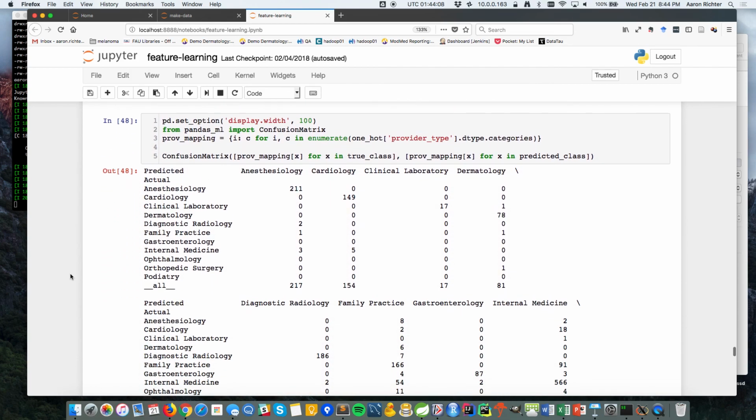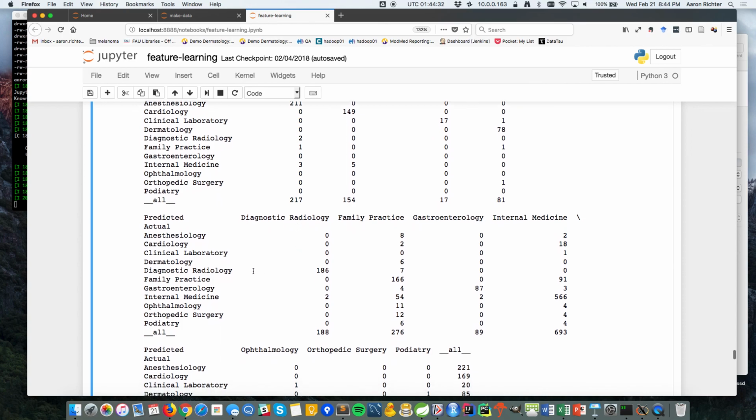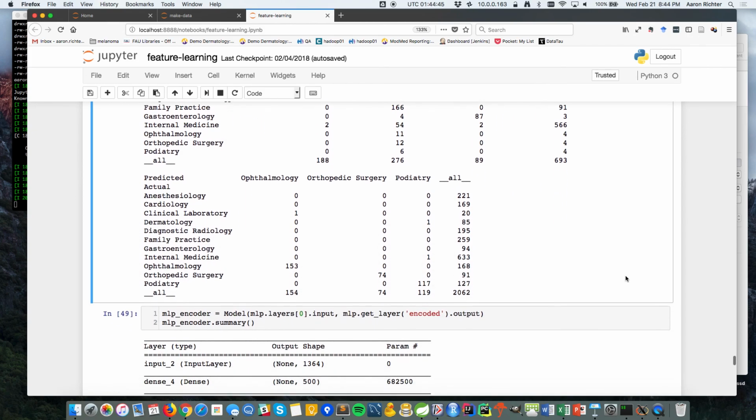And we can see a confusion matrix again. The confusion matrix shows basically the actual of your data versus what the model predicted. The diagonal means that the model predicted properly, right? The rows here are the actual, and the columns are predicted. We can see that we predicted most of our anesthesiologists correctly. But what's interesting to note is that with family practice, we're confusing family practice for internal medicine, or internal medicine for family practice sometimes, and vice versa. So again, it shows what we saw in the PCA graph.